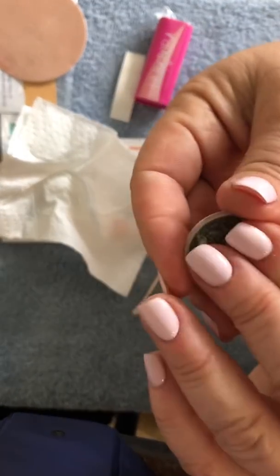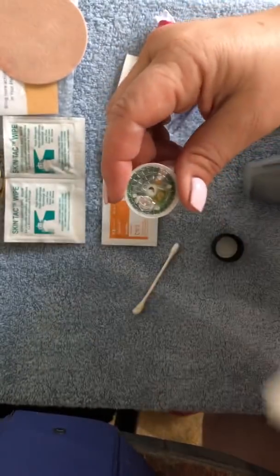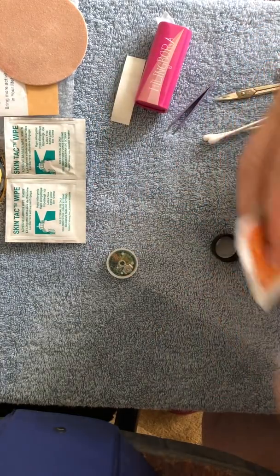All right. Yep, I think I got it all off. And like I said, make sure you get it all off because even a little bit will cause burning on some people. So once that's done, I'm gonna take one of my alcohol wipes